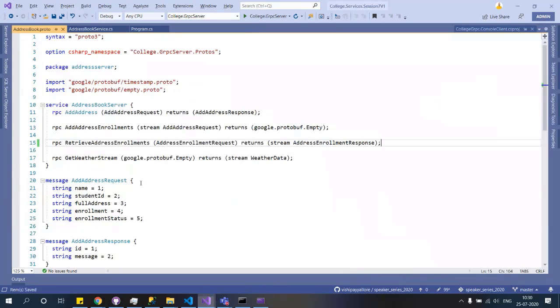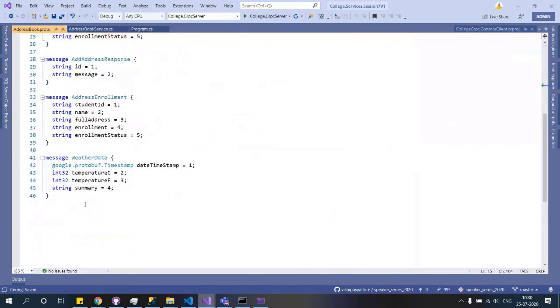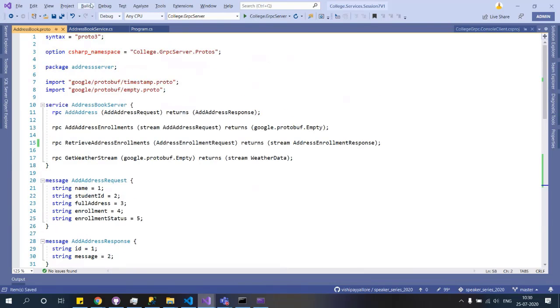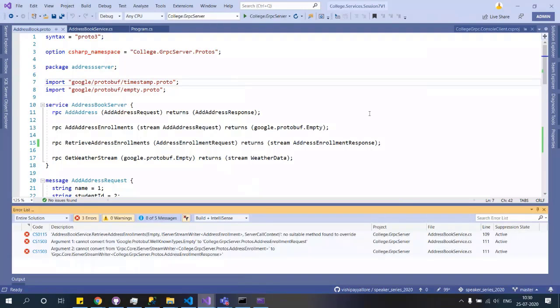So let me quickly migrate this into the other one, because this V1 version is working. I just want to quickly migrate it here. Let me rebuild, and that should not take much time. Okay.